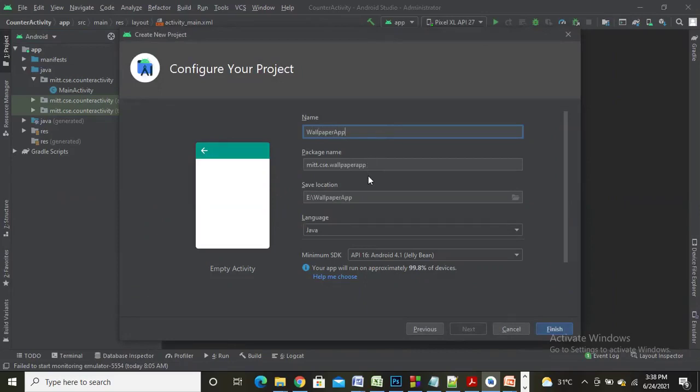The package name will be displayed and the location where the project is going to reside will be shown to you. I have selected the language used for developing the application as Java and minimum SDK as 4.1 Jelly Bean, since applications developed with this version are 99.8% acceptable by Android devices globally. Now click on Finish.